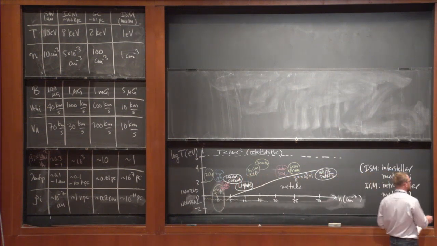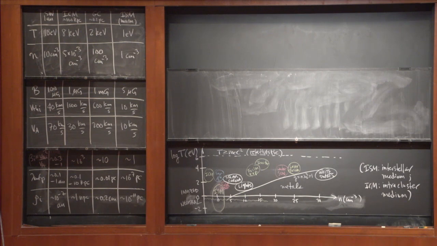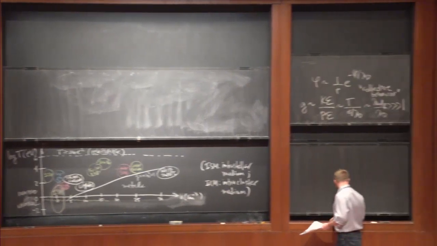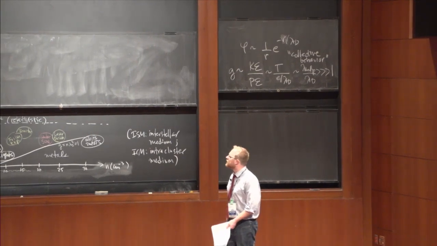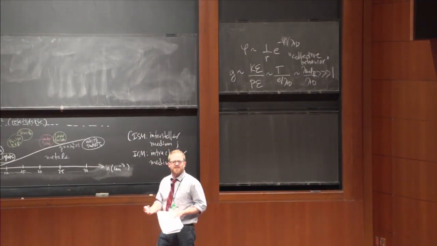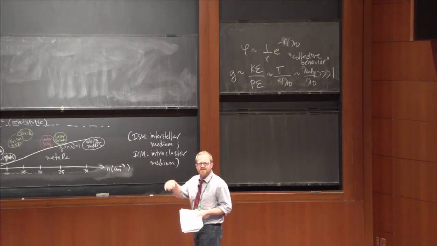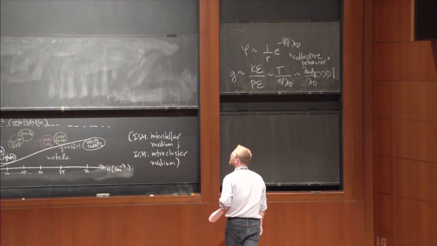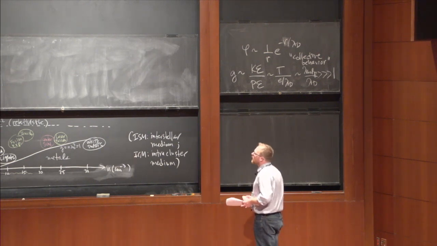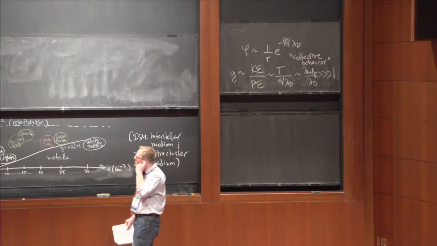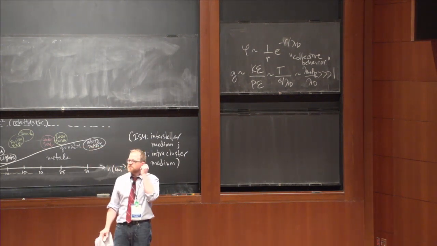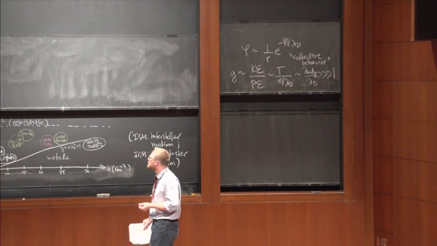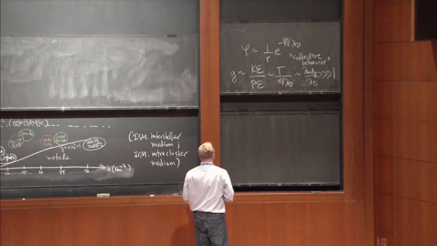Okay, so these are just numbers. You have to know what these units actually mean. If you come from laboratory plasmas and you're used to Teslas, it might be useful to know that the magnetic field of the Earth is roughly a half Gauss. So you can kind of feel that. Dial that down by 10 to the 6, and that's the magnetic field in the ISM and the intracluster medium. I've also given a couple other parameters here, which are quite important velocities, length scales and time scales to have at your fingertips when you think about plasmas. One is just the thermal speed.